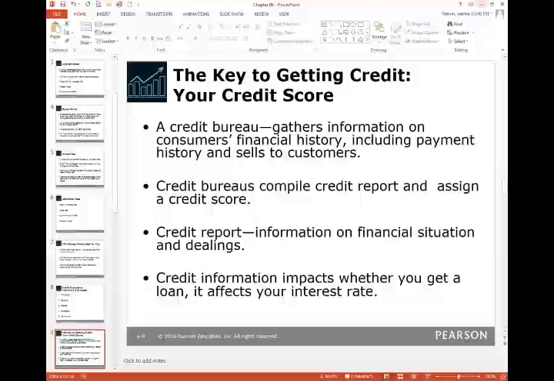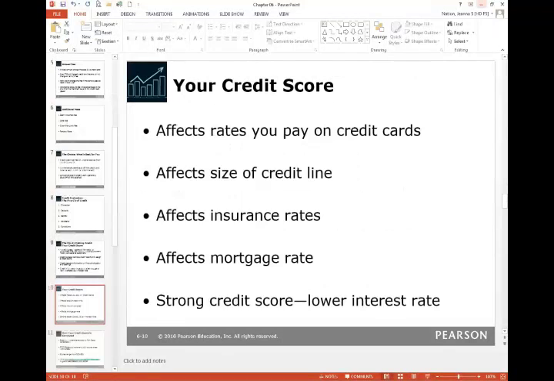So each credit bureau is going to have slightly different information, and so you're going to always see slightly different items if you get it from multiple sources. Your credit score will affect basically what you pay on your debt, how much debt you can take on. It can also affect insurance rates. It's been statistically shown that those who have a lower credit score are more likely to file an insurance claim, so they can discriminate based on that fact.